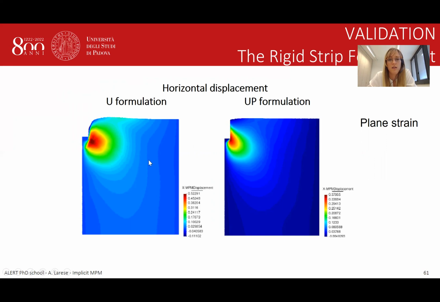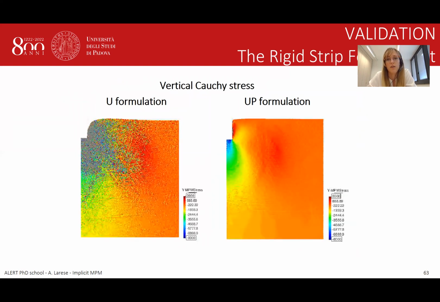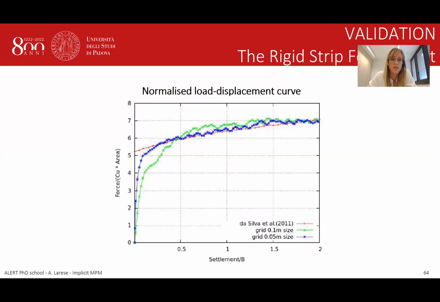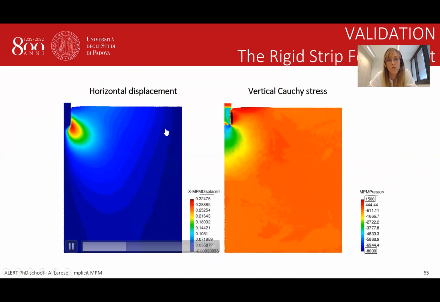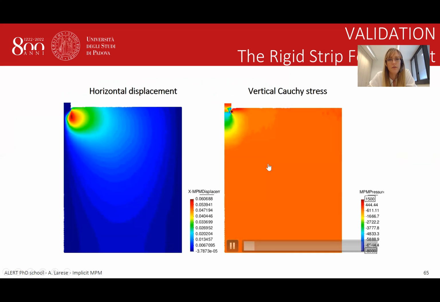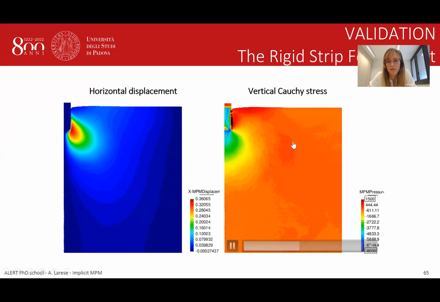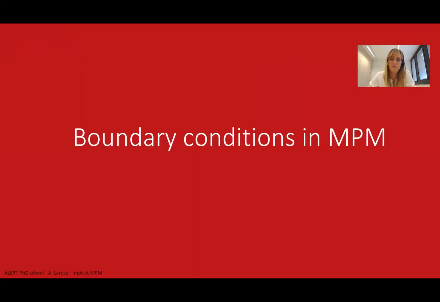Already here you see some diffusion. There are inconsistent results. The same can be seen on the vertical displacement. And of course, when you speak of the Cauchy stress as well. Here you see the same results, but just looking at the force. Just a video of the rigid strip footing example. Of course, unfortunately, these results are element based, so it's not really nice to look at. It's not as smooth as it could be if it were correctly post-processed, but it's not a real problem of